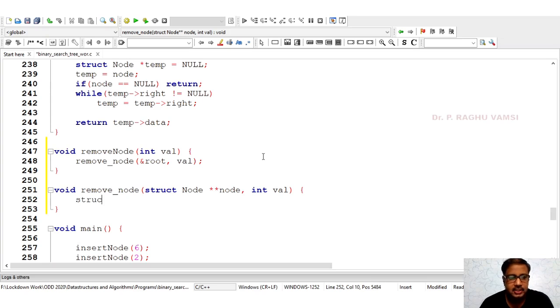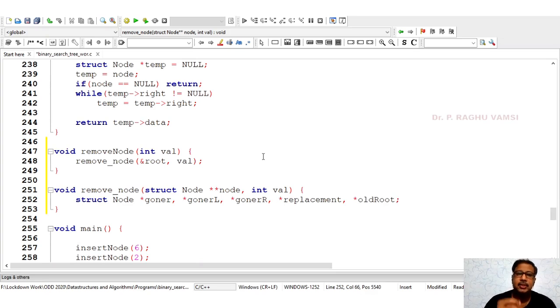Let us see what the different temporary pointers required are. We need pointers such as struct node star goner. Goner means the one which is going to be deleted. We require the left node of the goner, star goner left, and the right node of the goner, goner right, and the node which is to be the replacement, and to keep track of the root we require old root.